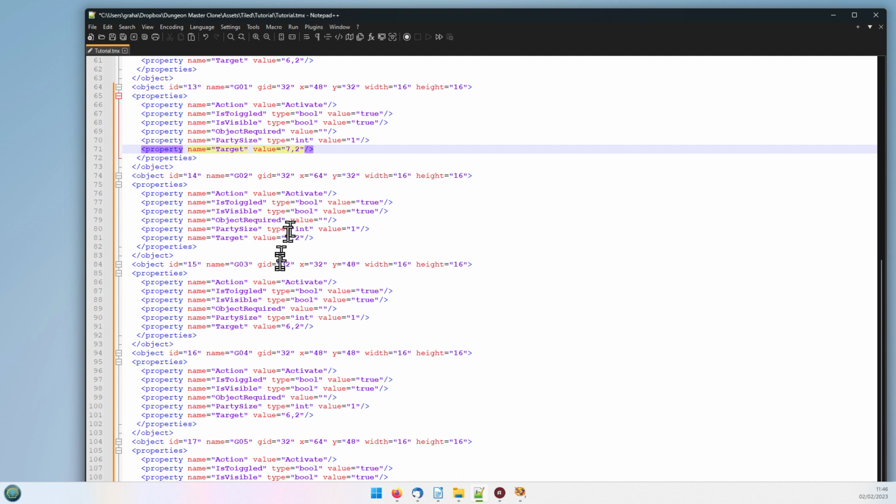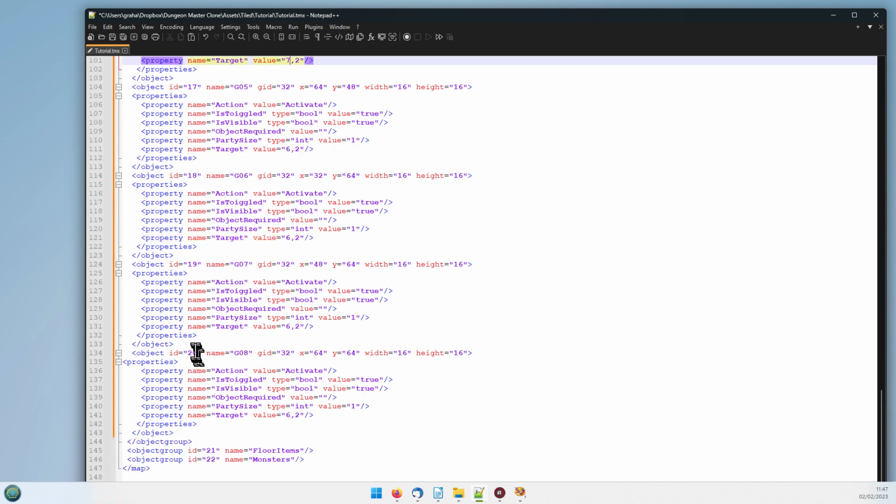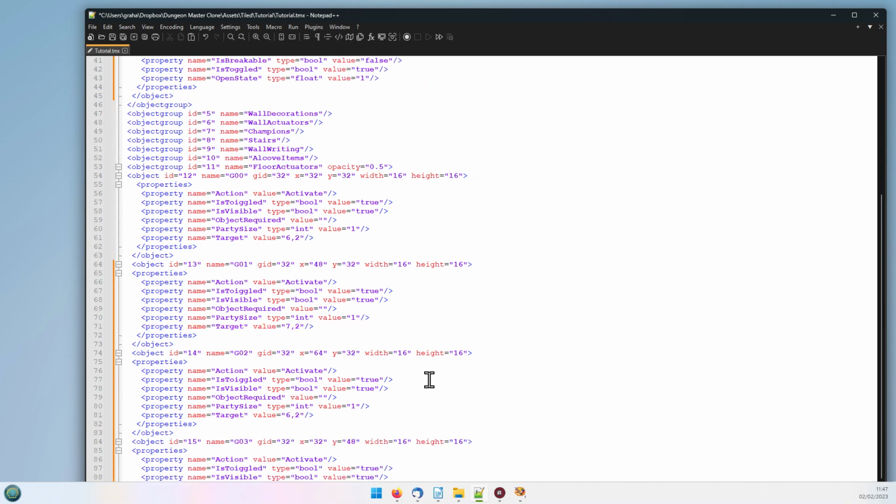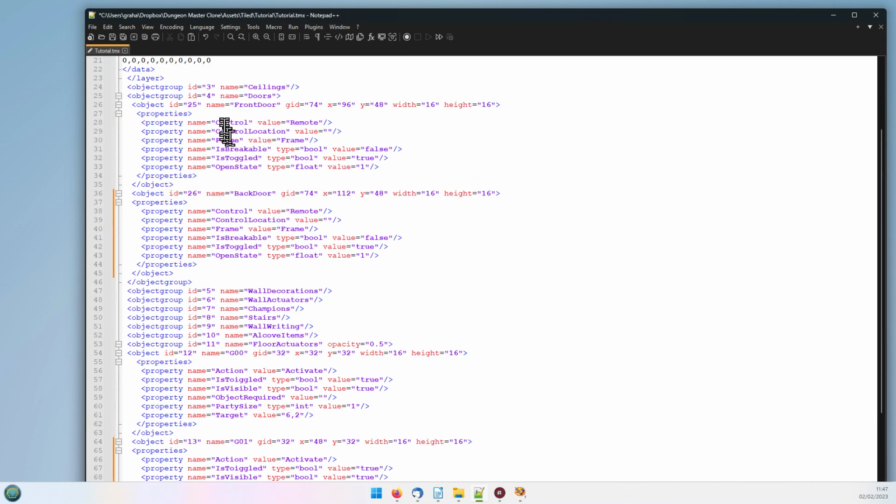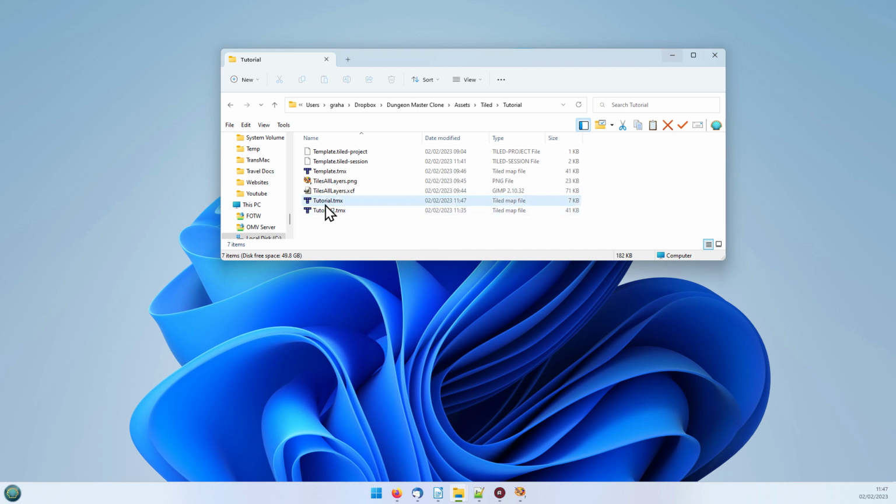And then 03 also opens the first door, 04 opens the second door, so we need to change that to 7,2. This one opens the first door as before, so does 06, so it's only G07 that we need to change again to the next door. Everything else is sorted. We've done the back door and the front door, we've got everything right there, so we can now save the file and then double click it, and if I've done everything right,